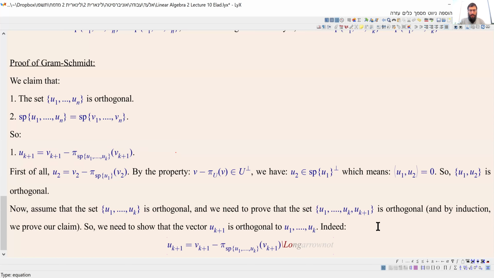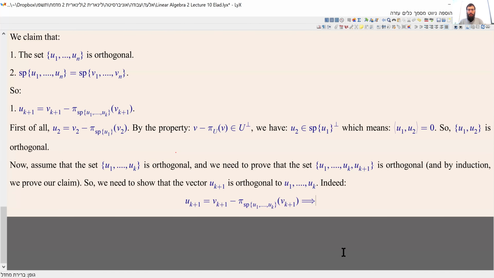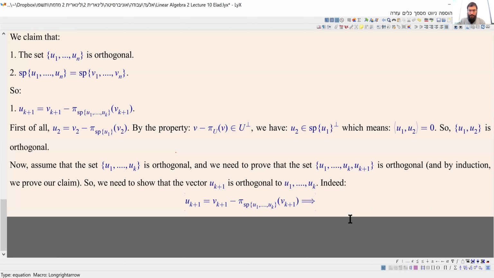So by property number 4 of the projection, as we already proved two weeks ago, we know that u_{k+1} is in the orthogonal space of the space we project on, which is the span of